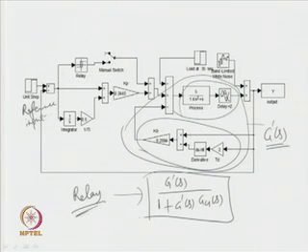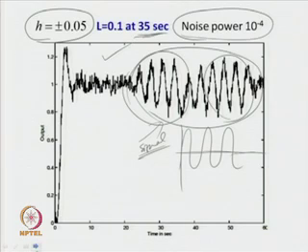From that analysis, it is possible to visualize the type of symmetrical output we can expect from the scheme. Now, this relay, how to set the relay parameters, that is one important question that we shall discuss after some time. Let us go to the